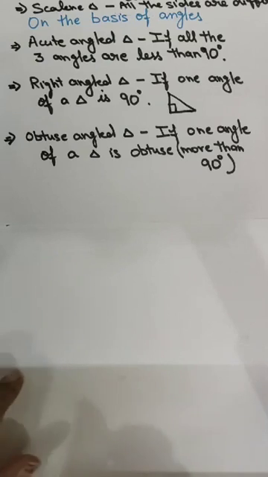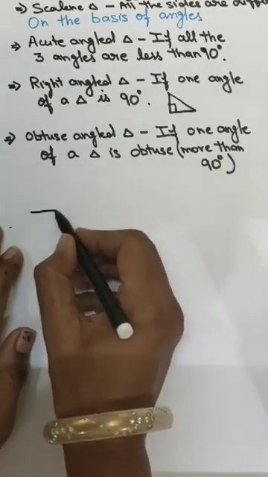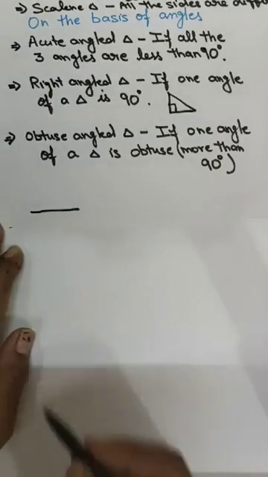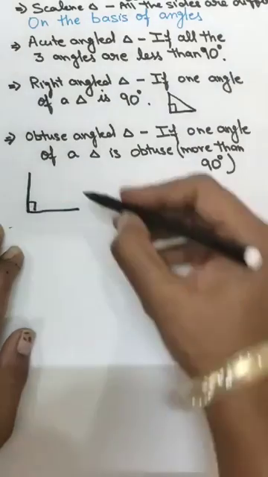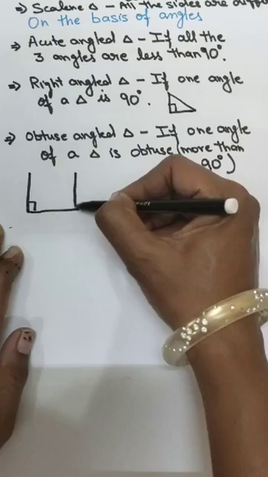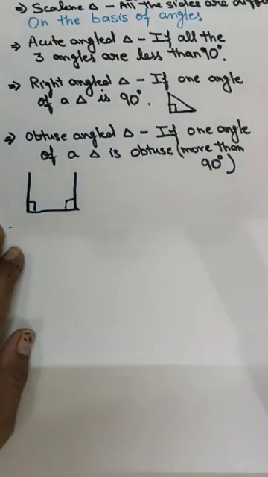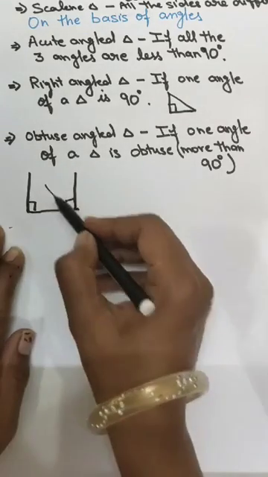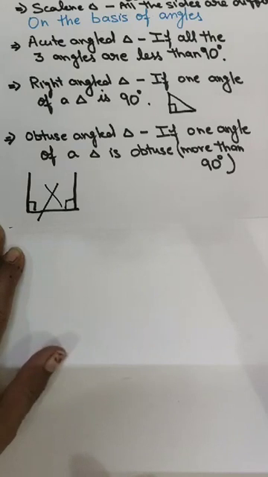Now see, I am saying that two right angles can never make a triangle. Why? See, if we have two right angles, how can we make it? This is your baseline of a triangle. One right angle will be like this here, and if one more right angle you are making here, it will be like here. So, can we make a triangle? No. So, we cannot make any triangle with two right angles, and we cannot make a triangle with two obtuse angles also.